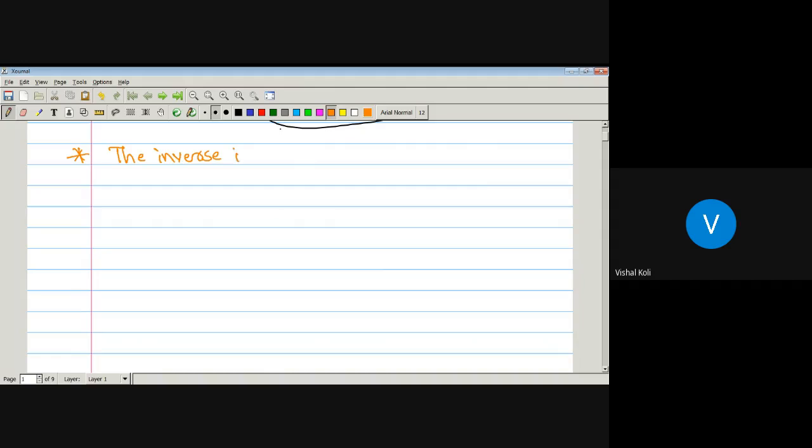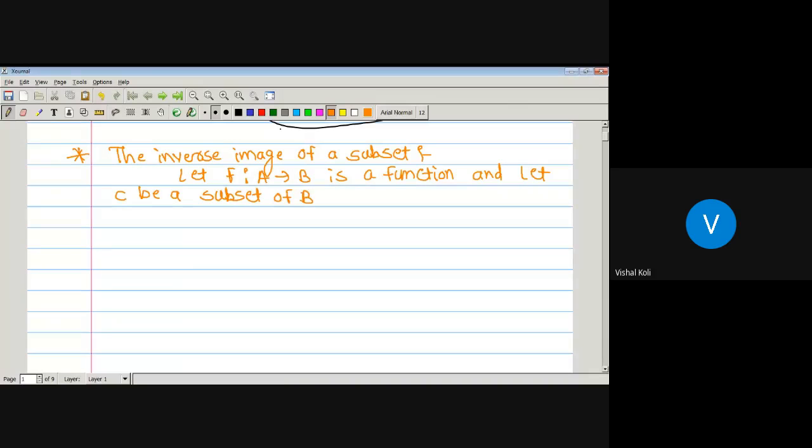Okay. Let us see the definition. Let f be a function from A to B, and let C be a subset of capital B. Then